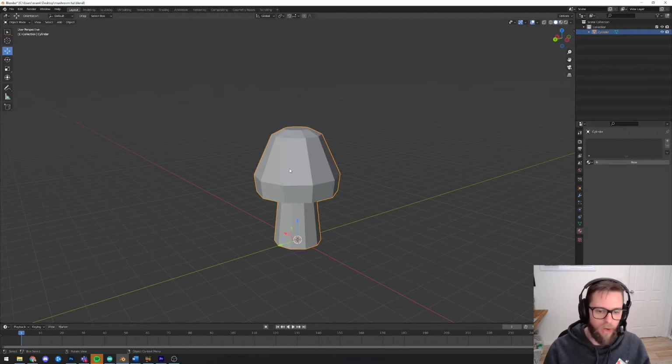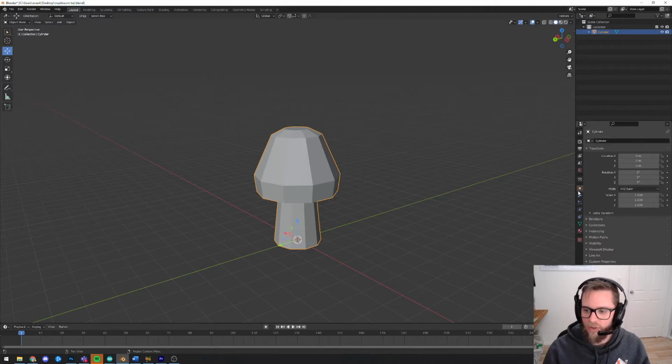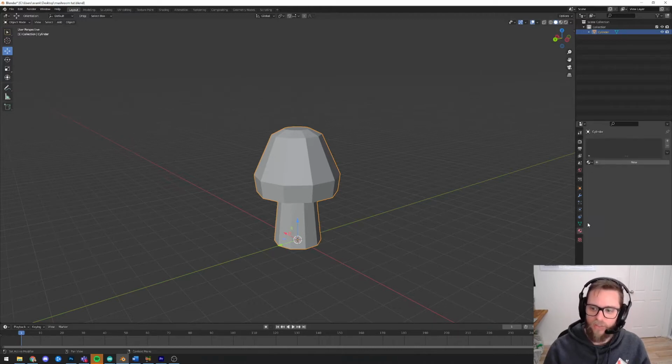Okay, so what I want you guys to do is select your mushroom in object mode. So if you're in edit mode, just tab out of it, jump into object mode, and you want to come on your toolbar over here to the little beach ball. The default, you might already be in this square from something we did last video, and you want to come to this little circle with the black and white triangles in it that kind of looks a bit like a beach ball. If you click on that, this is the window where you can tell Blender what material is